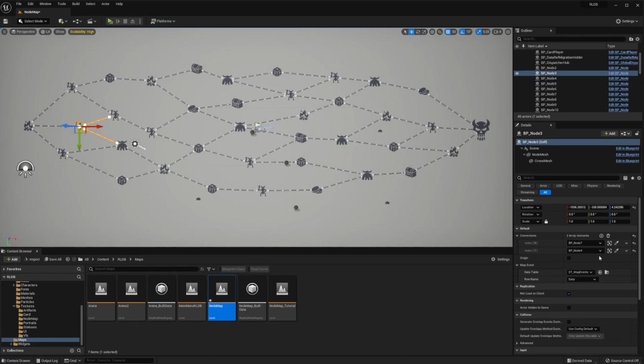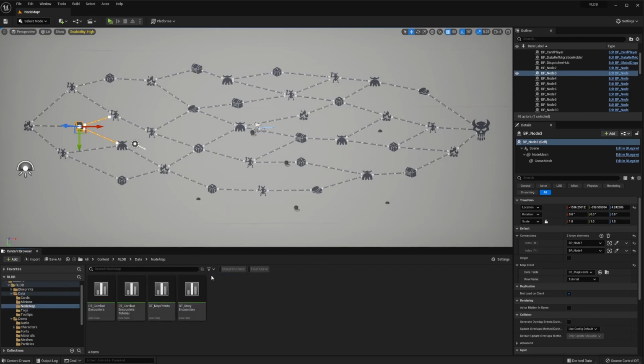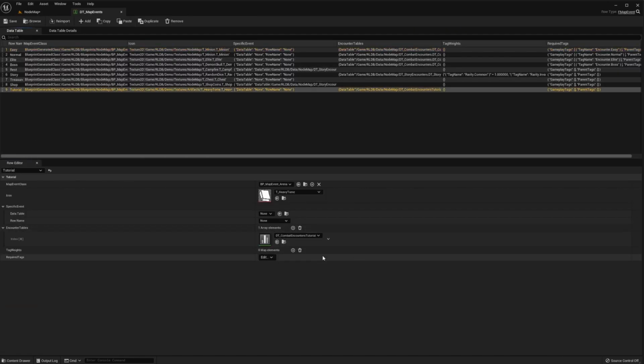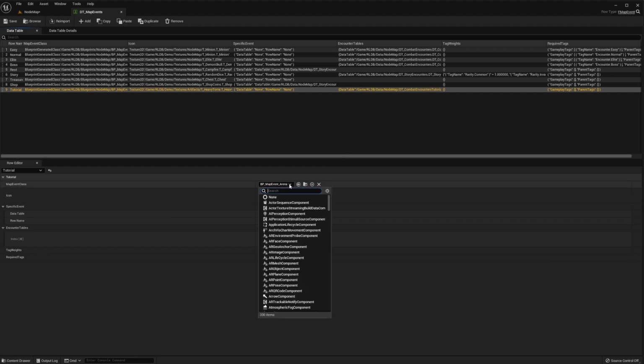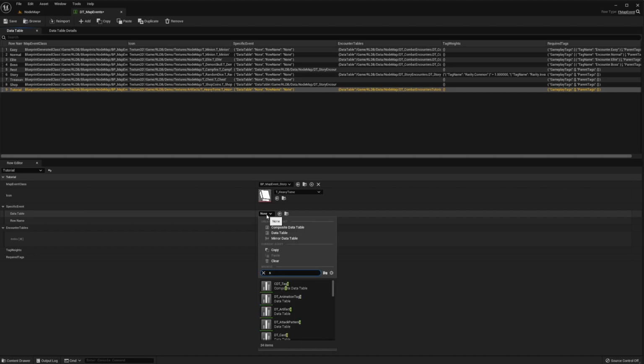We'll be using this tutorial event that we set up last time. To remind people of how that looks, if you didn't just see the other one, in data and node map and map events, we created this tutorial event which currently looks like this. But we will change this from an arena event to a story event instead, and now we can choose a specific story event